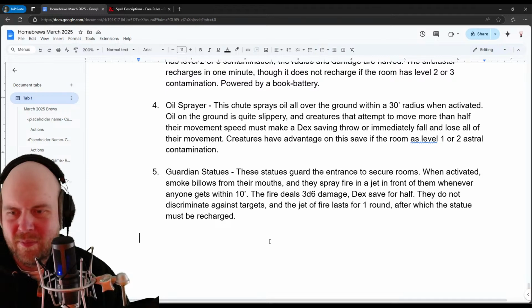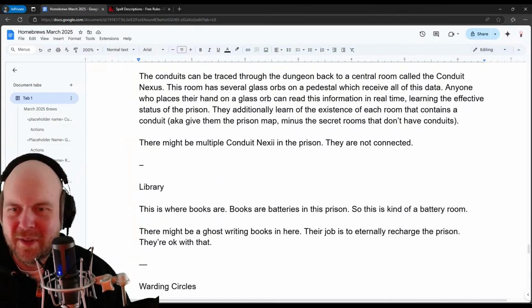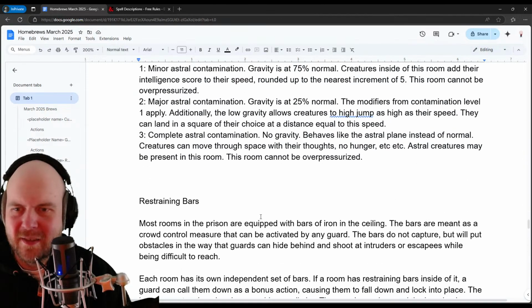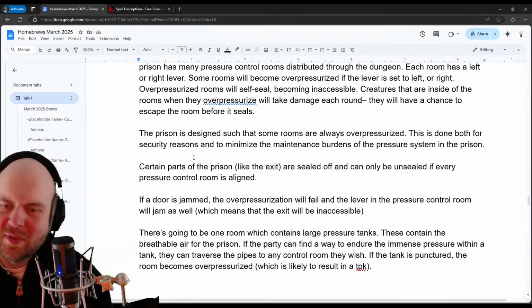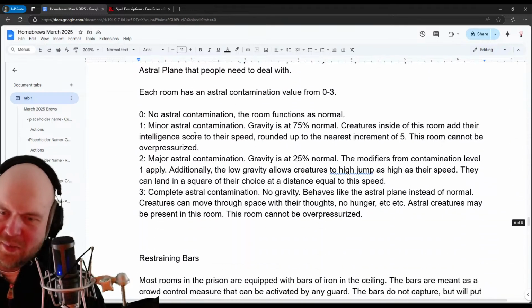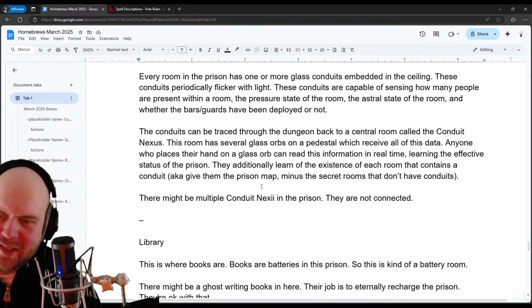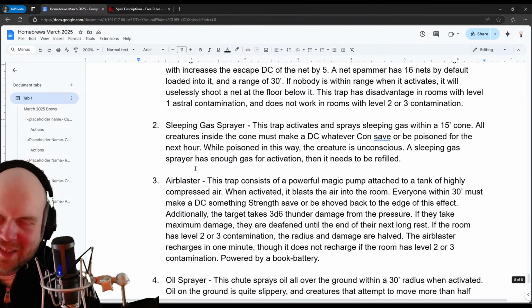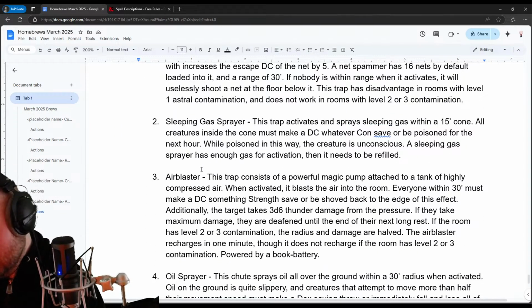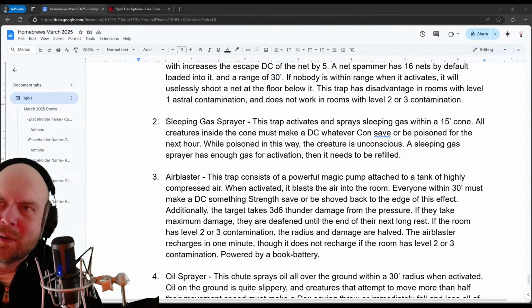I think 5 traps is good, and we've got 5 elements: pressure rooms, astral plane, restraining bars, conduit nexi, warding circles. Yeah, so I got 10 things. I did not have anything off the top of my head planned for